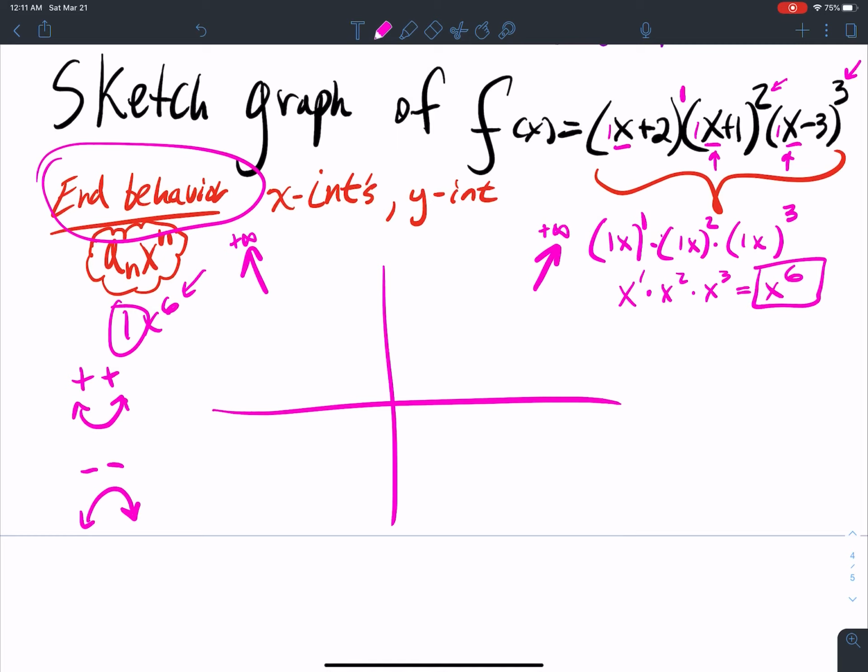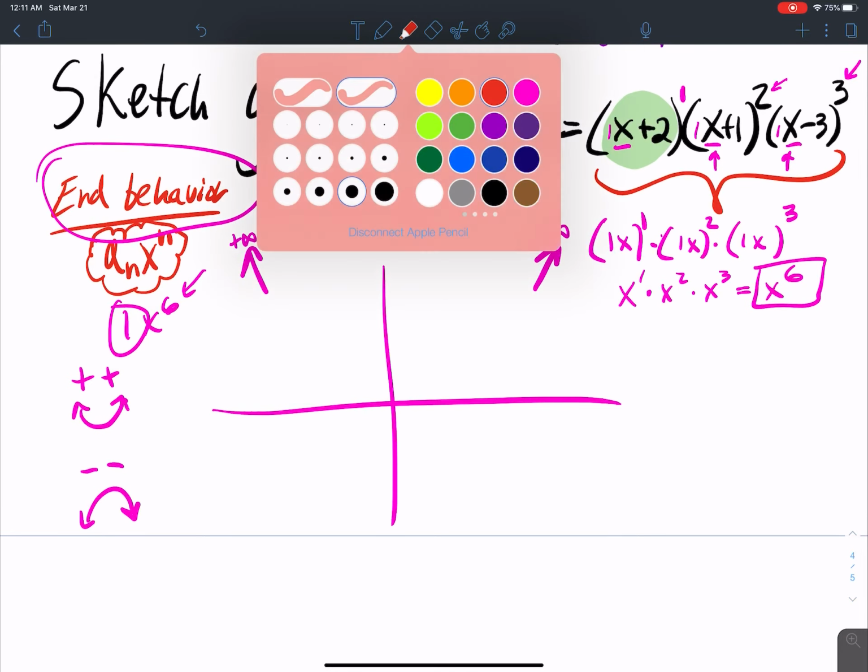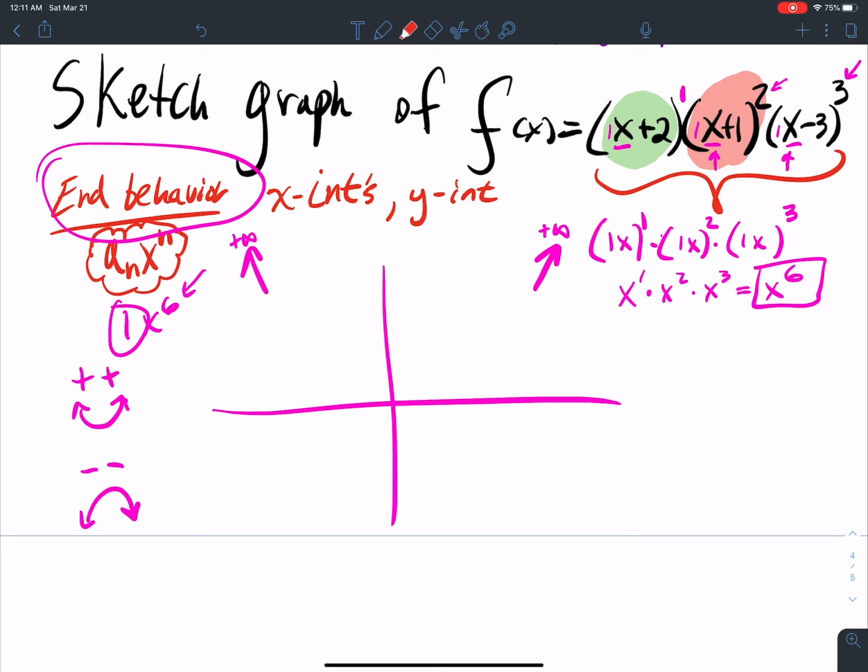Now I just got to figure out how it behaves in between. Well, let's study the different pieces here. So I've got 3 pieces going on. So let's see if we can't work through it. Set them equal to 0. So to get the x-intercept, set y equal to 0. Y is f of x. So if 0 equals x plus 2 times x plus 1 squared times x minus 3 cubed,